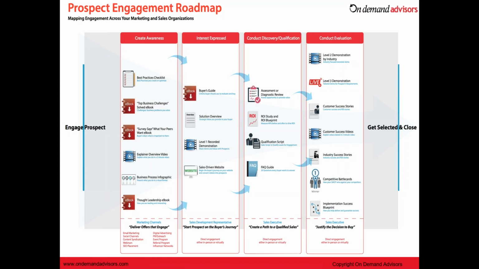So what we find a lot of times is if you can get your buyer to start thinking about how they would benefit and implement your services as opposed to how they would evaluate them, you're starting down the right path as far as them becoming a client, becoming a customer for you. So this is number 4, which is creating this provocative, integrative, and really important prospect engagement roadmap.